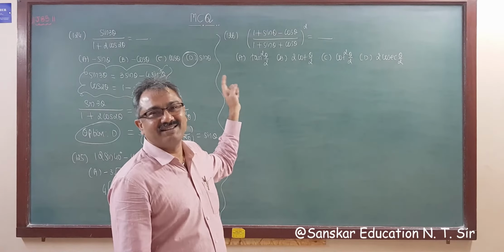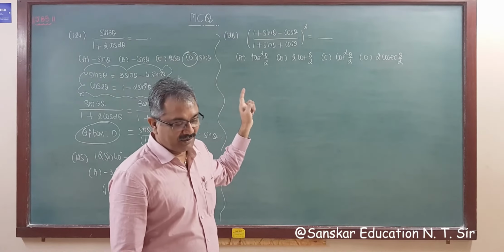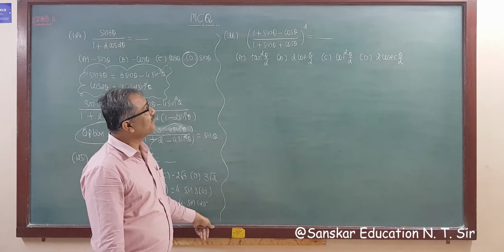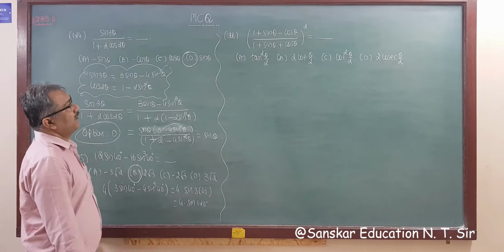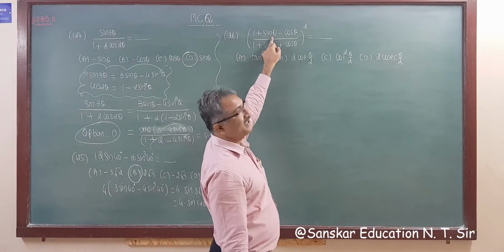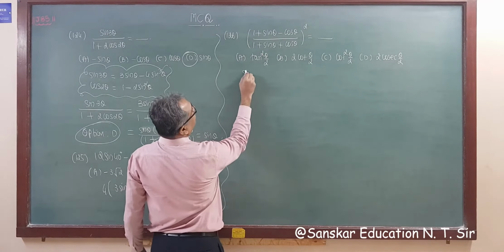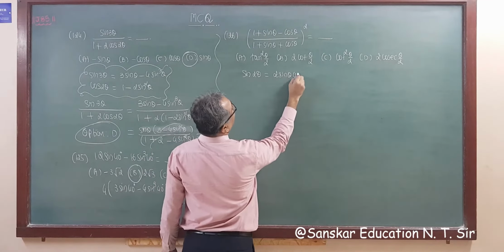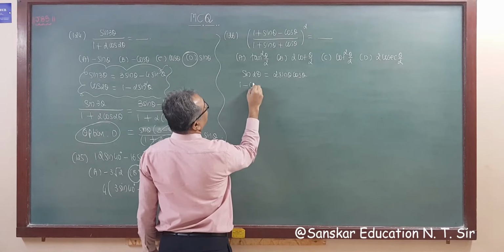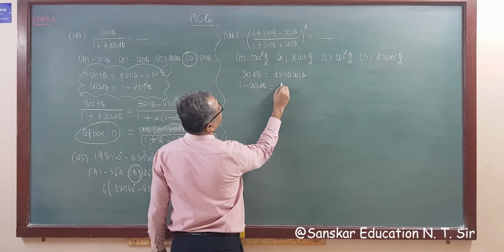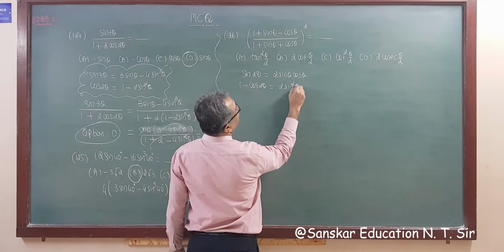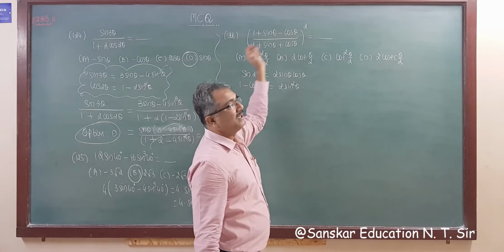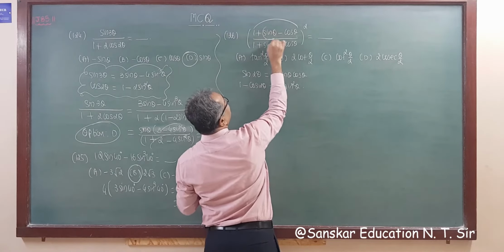Now 126. You solved this question in 10th standard, right? But that was a very big and tedious method. Now you have formulas. You have formulas for sin theta, right? One standard formula is sin 2 theta is 2 sin theta into cos theta, and another is 1 minus cos 2 theta is 2 sin square theta. This is the formula, right? But here, this is 1 minus cos theta and this is sin theta.